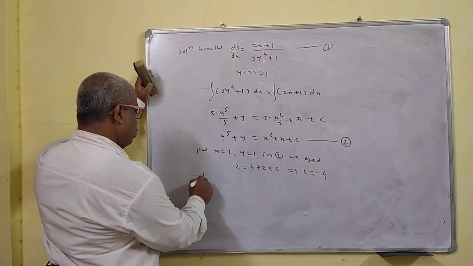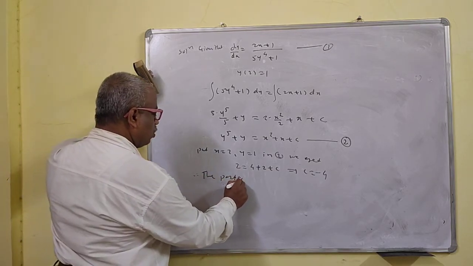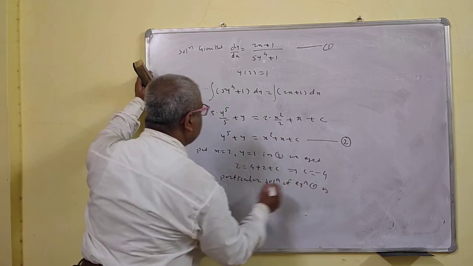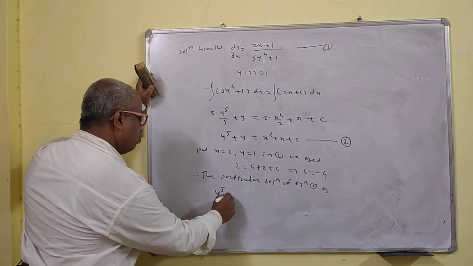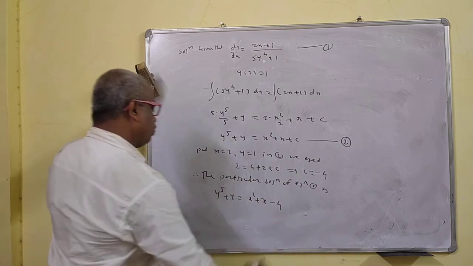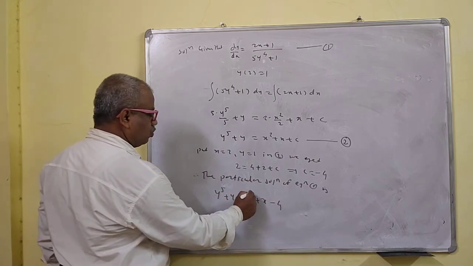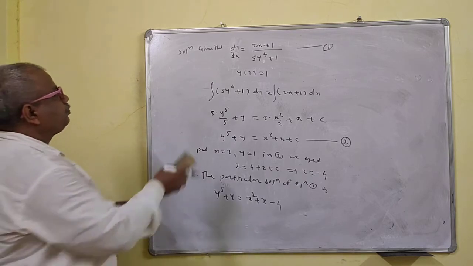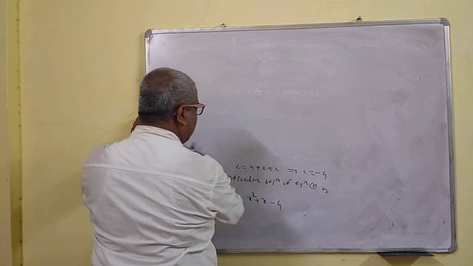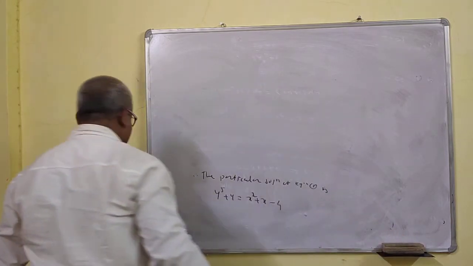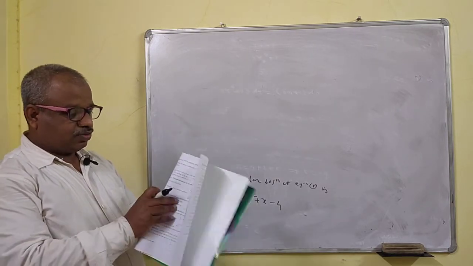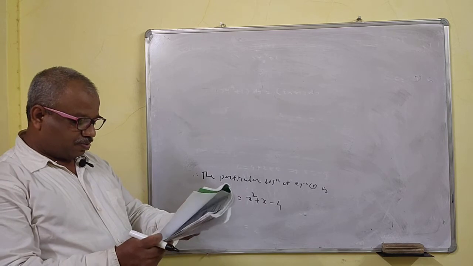Okay, so therefore the particular solution of equation 1 is y raised to 5 plus y. Keep as it is, whatever this. So x square plus x minus 4. Okay, so this is your particular solution. So here what? You have to identify the separable equation, and this is the first crucial part. Second crucial part is what? You have to integrate that. So integration is the crucial part, and that is the problem for you.